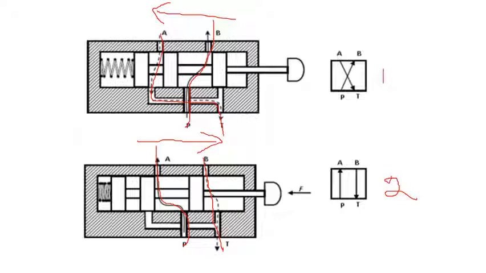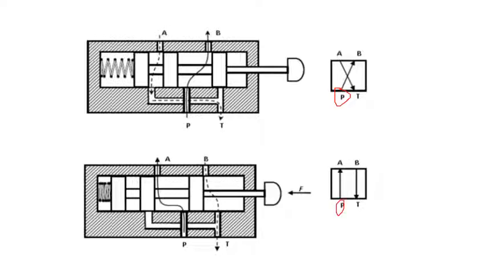This is the point to be remembered, normally open and normally closed valve. Here there is no such concept, there is no normally open or normally closed valve. Here why? Because double acting cylinder. So in both cases P is actuated. See, when the push button is not applied by external force, P is connected to B and A is connected to T. When the push button is actuated by the force, P is connected to A and B is connected to T. Means because of this external force, the direction of flow changes.